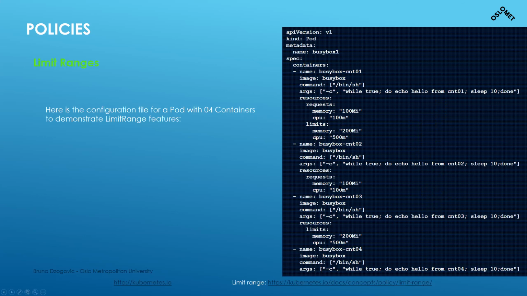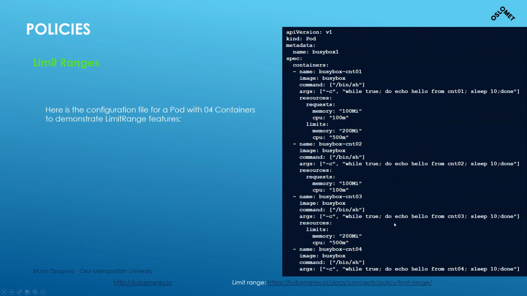Then you can put different names of images. So BusyBox, cnt02, cnt03, cnt01. So you will have three different containers running there, and no, four actually.